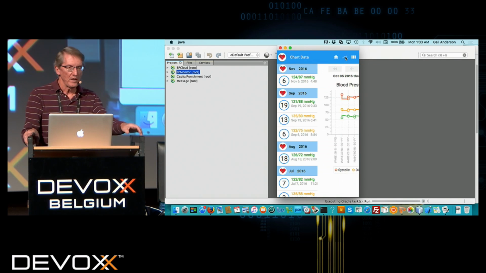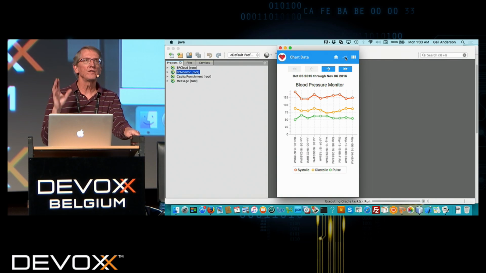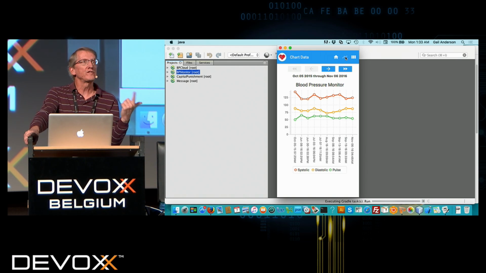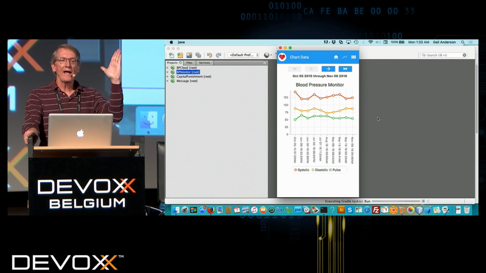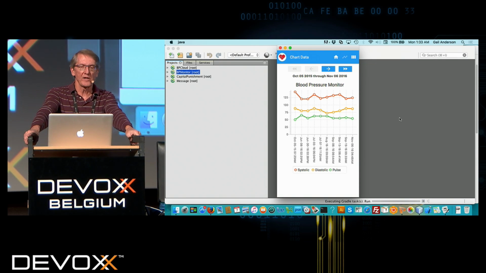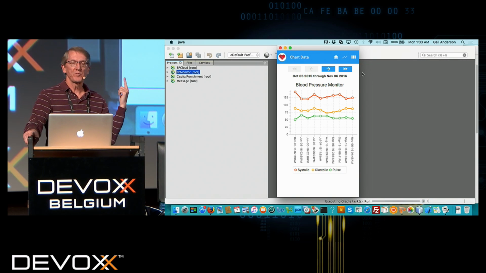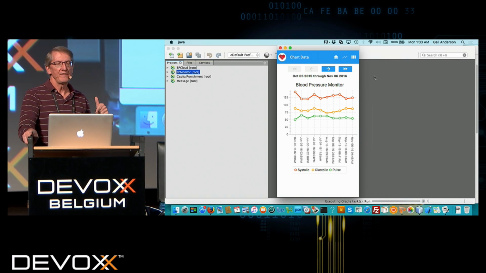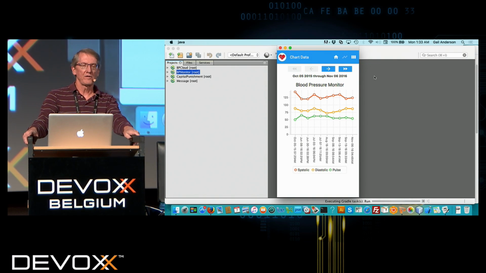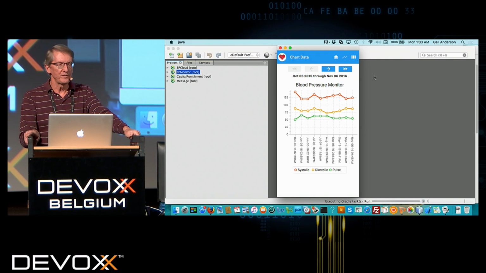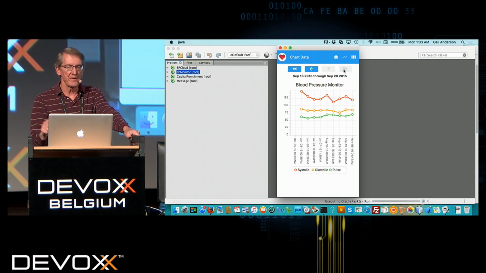So once again, if Gail brings up the chart right now, that would be the line chart in the middle. What you're seeing here is a standard JavaFX line chart, and we're using colors, red for the systolic data of a blood pressure reading, yellow for the diastolic data, and green for the pulse data. The y-axis is holding the values of the blood pressure reading, and the x-axis is displaying the date and time of the reading. The data is displayed so that the most recent is displayed first, and only 10 of these are displayed, but you can use a touch event or buttons to page through them,